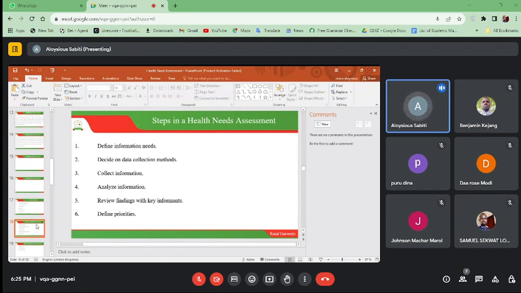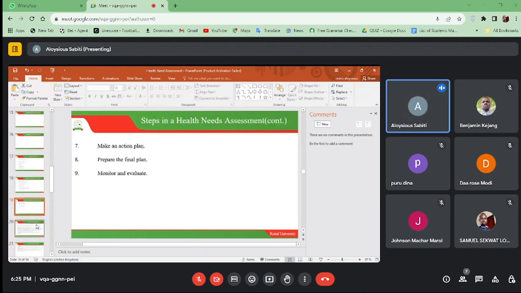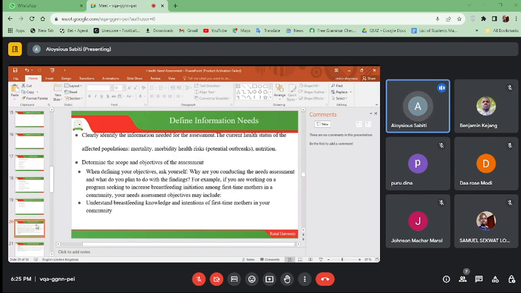The third is to collect information. The fourth is to analyze information. The fifth is to review findings with key informants. And the sixth is to define priorities. Seven is to make an action plan. Eight is to prepare the final plan. And nine is to monitor and evaluate. So the first